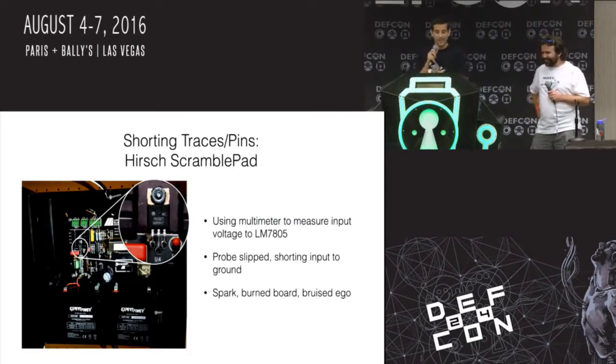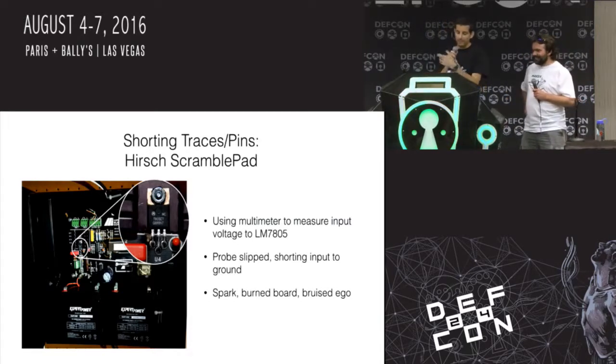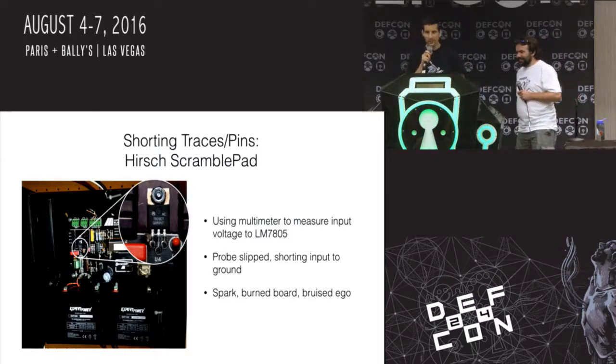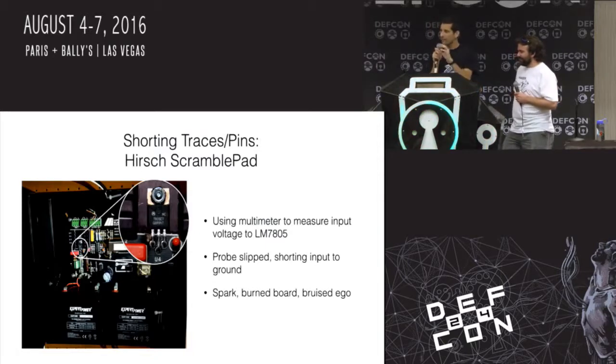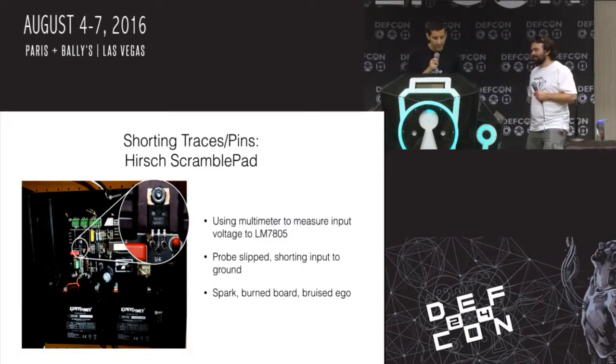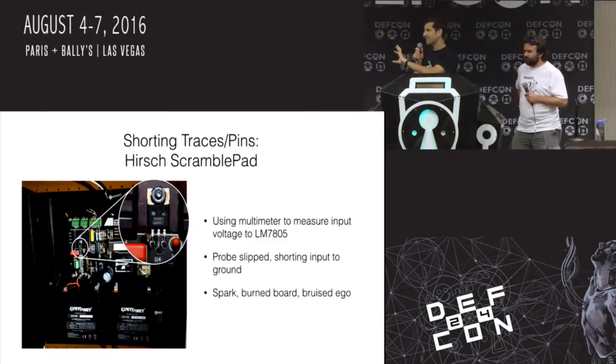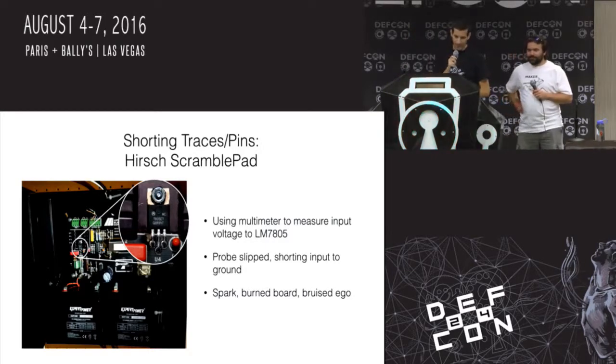So I got one of these things on eBay. I was messing around with it. I had some batteries. I was testing out the system, taking some measurements on the linear regulator, just a standard, run-of-the-mill LM7805, a 5-volt linear regulator that was taking in, I can't remember what it was, 12 volts in. So I wanted to measure the input, make sure I wasn't going to fry the rest of the circuitry, because this particular board was from 1992, and I didn't have a backup of the code on the microcontroller